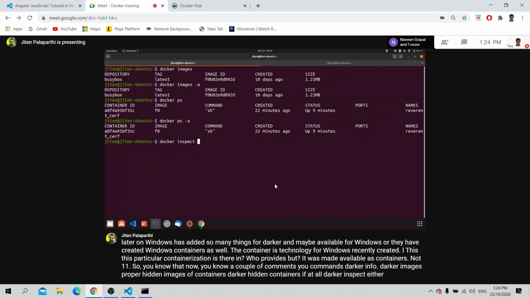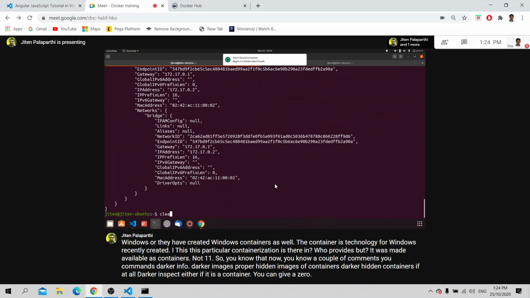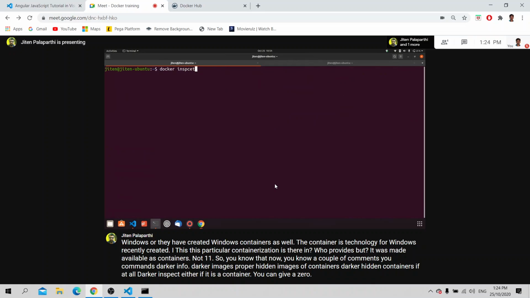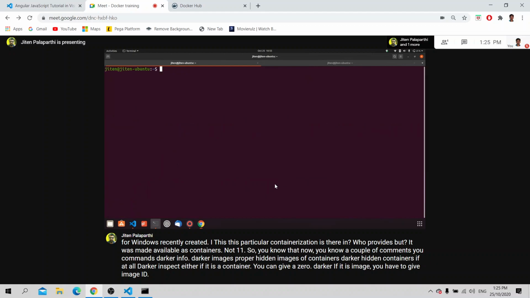If it is a container you can give the container ID, and if it is an image you have to give the image ID. And the docker run command creates a new container.